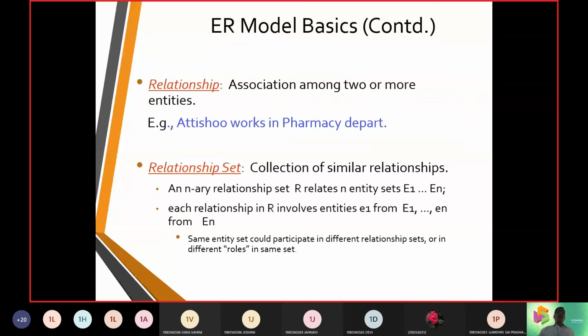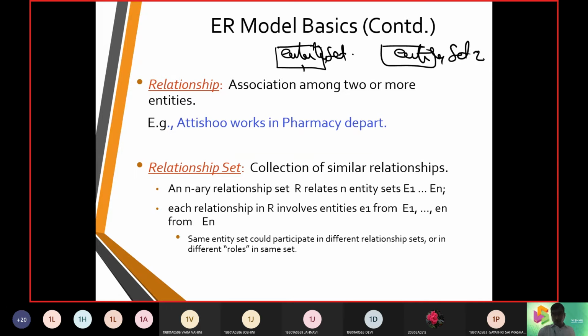So we talked about entities, and we talked about entity sets. First of all, we are going to draw entity set 1. Another one is entity set 2. Now we are going to build a diamond box. This diamond box, we call a relationship.